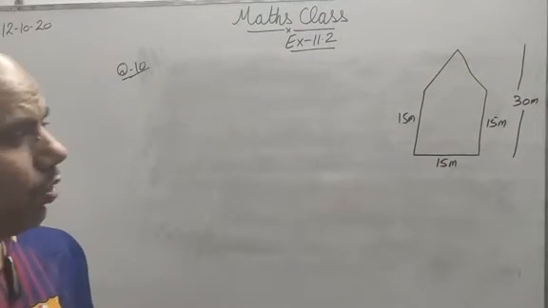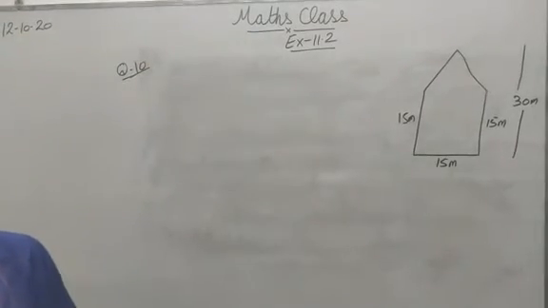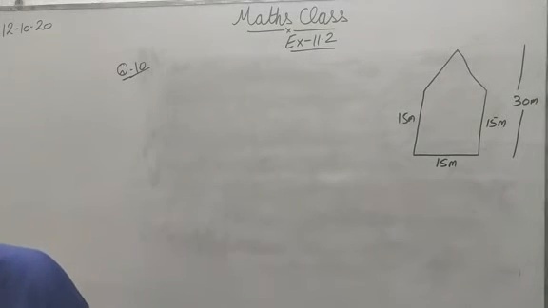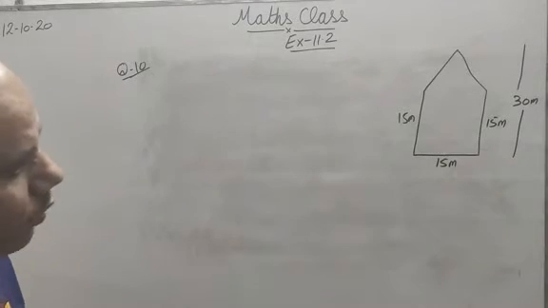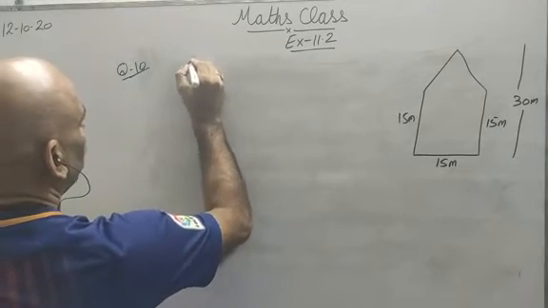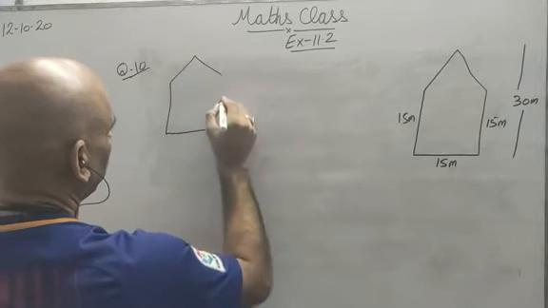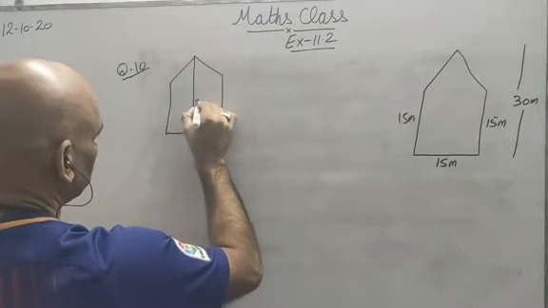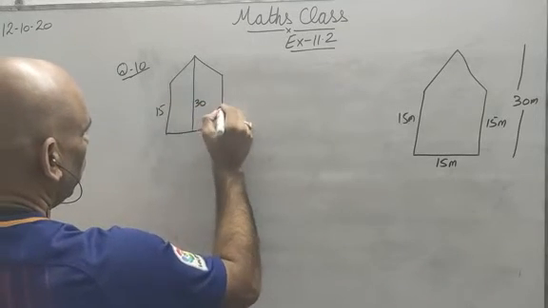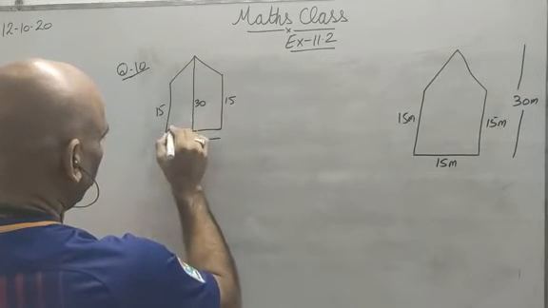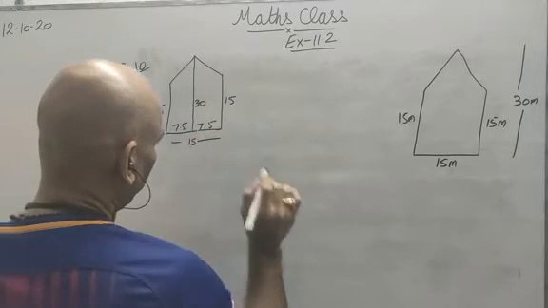Okay. So now there are two girls who have found out the area in different manners. So what is he asking? Find the area of this park using both ways. We will have to find the area both ways, and then he is asking whether there are any more results. So the first girl has found out the area in this way. She has drawn a line here. So this is 30, this is 15, this is 15, and this total is 15. So since it is in between, both of them are 7.5 and 7.5.